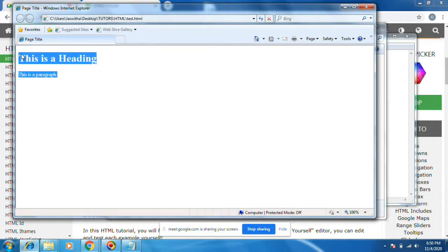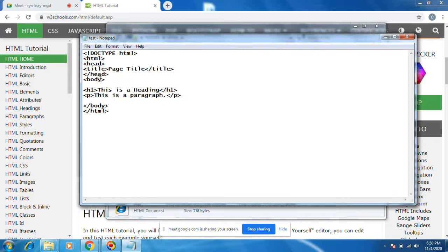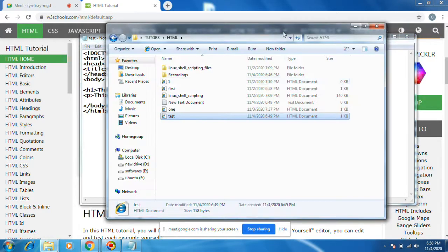Okay, this is just executed. This is the title page, this is heading one, this is paragraph one. This is how you can check whatever code is in the test document. Double click will also work.